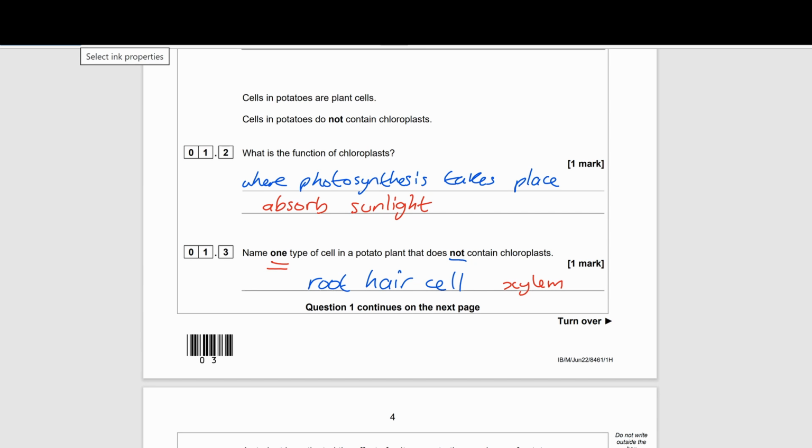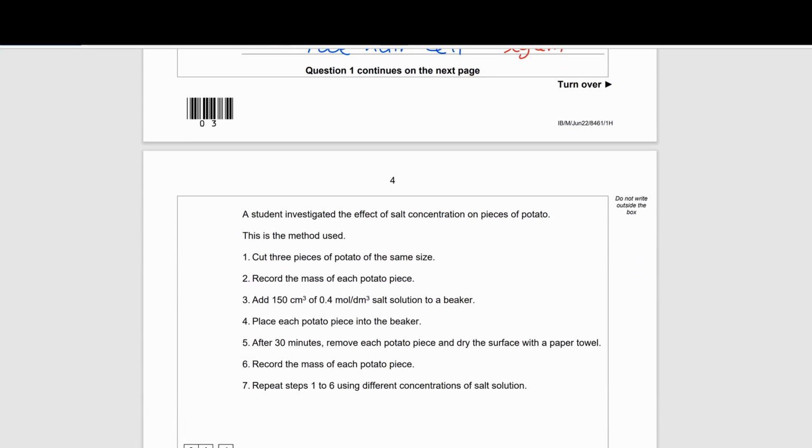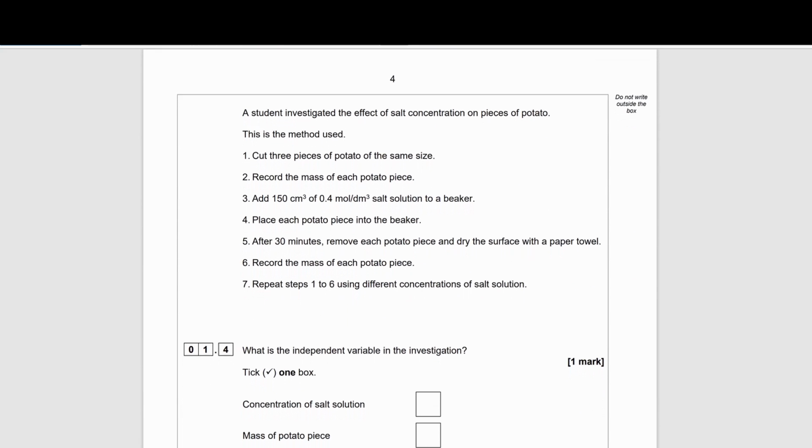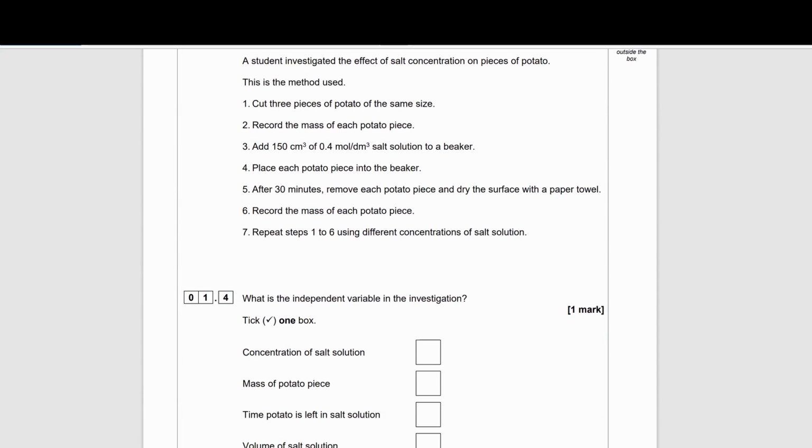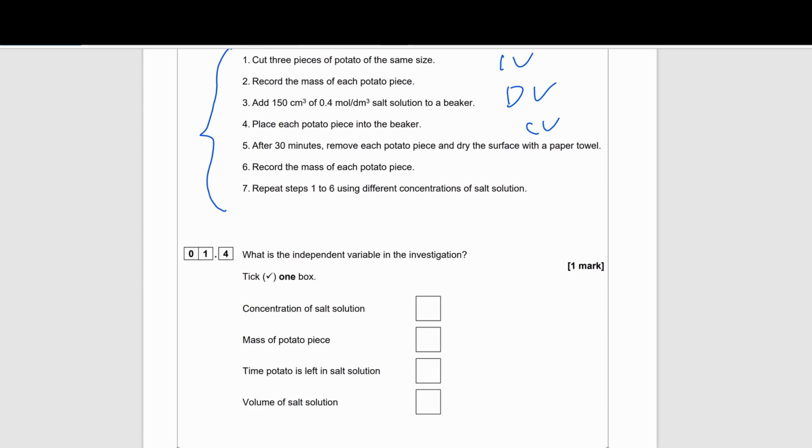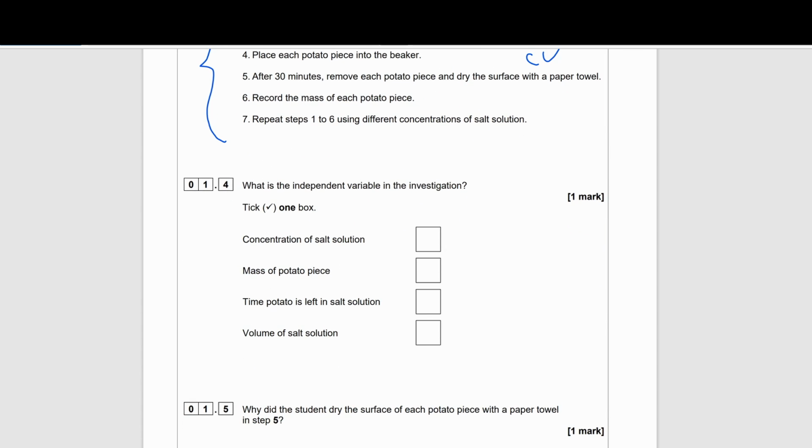Okay, next question. A student investigated the effect of salt concentration on pieces of potato. This is the method used. So we should be reading the method carefully and trying to ensure that we can think about the variables that may be in this investigation. Independent, dependent, and control variables we all should be able to identify from reading the method. So first question,